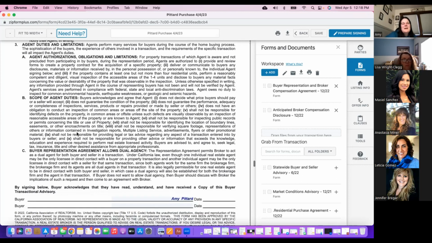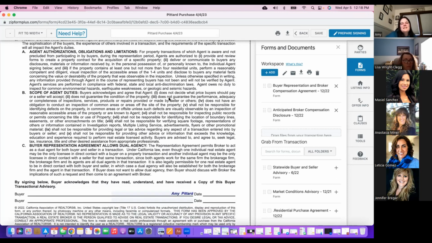Scope of agent's duties: the buyer acknowledges and agrees that the agent does not decide what price buyers should pay for or a seller will accept, does not guarantee the condition of the property, does not guarantee the performance and adequacy or completeness of inspection, services, products, or repairs provided or made by seller or others, does not have an obligation to conduct an inspection of common areas off the site of the property, shall not be responsible for identifying defects of the property in common areas or off-site unless such defects are visually observable by an inspection of the